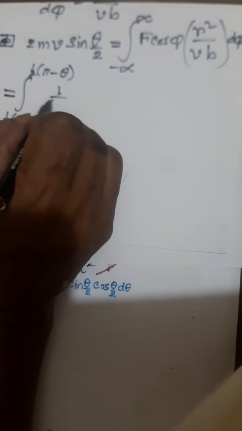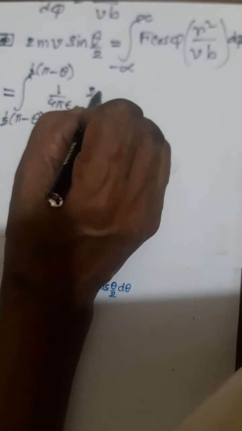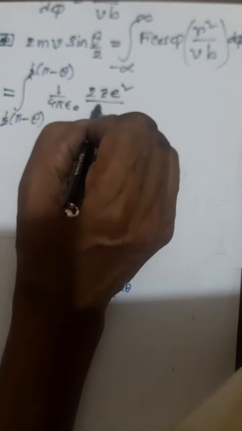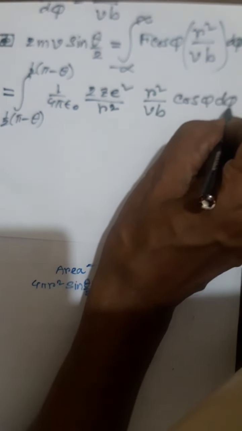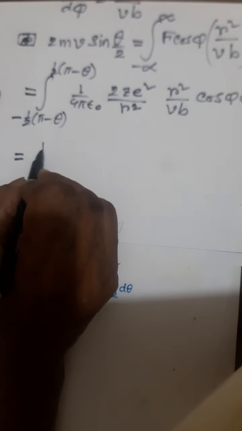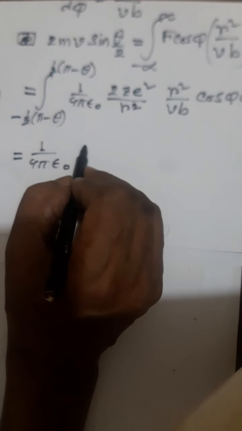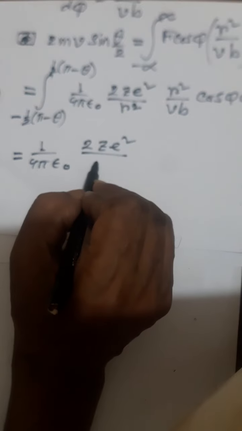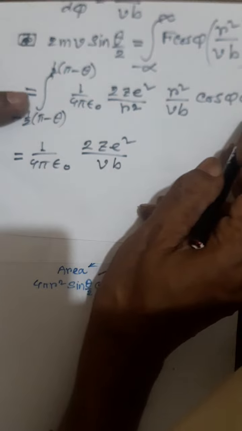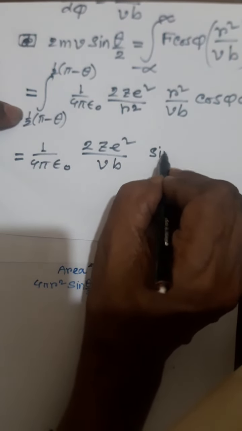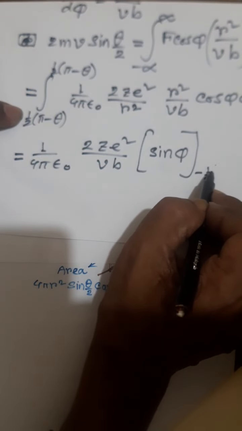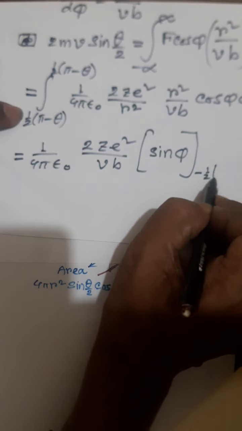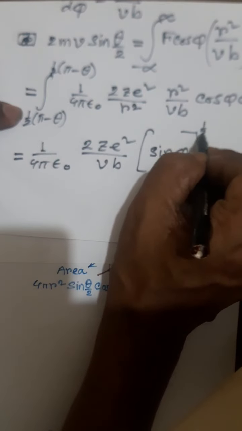where f equal to 1 by 4 pi epsilon naught, 2z square divided by r square, times r square by vb cos phi d phi, equal to 1 by 4 pi epsilon naught, 2z square divided by vb, integration of cos phi d phi, that is sin phi with limits minus half of pi minus theta to plus half of pi minus theta,